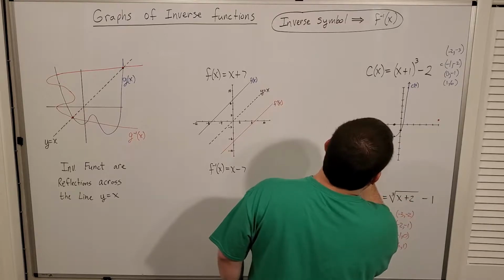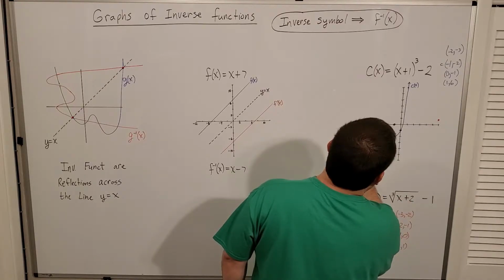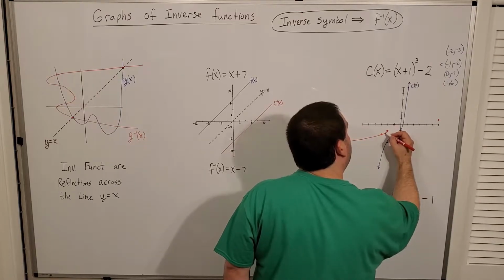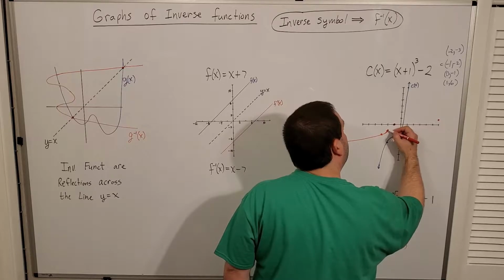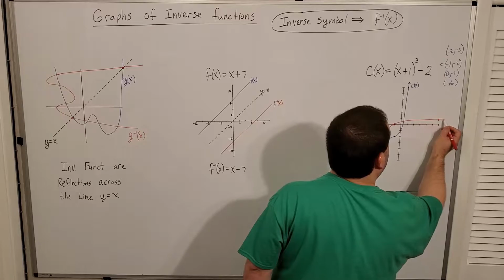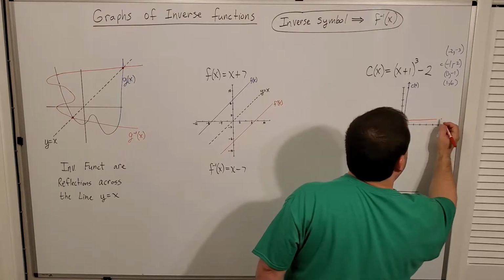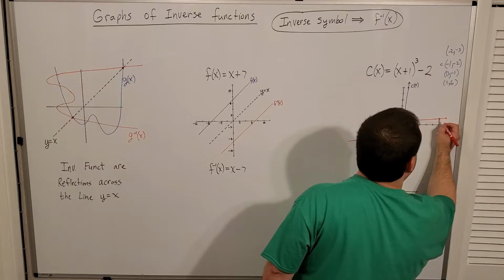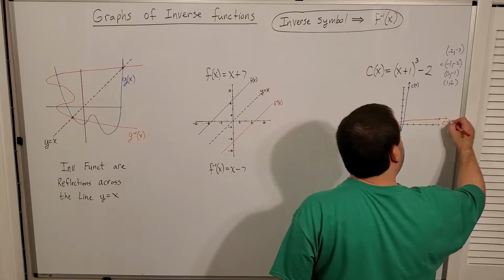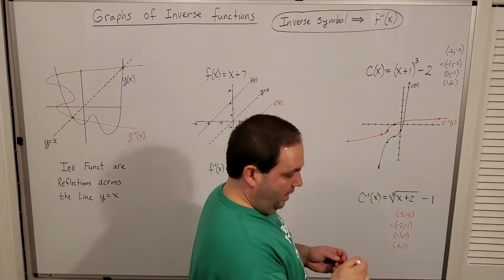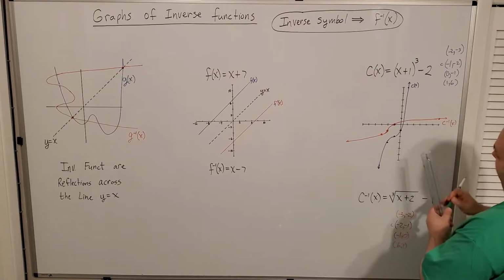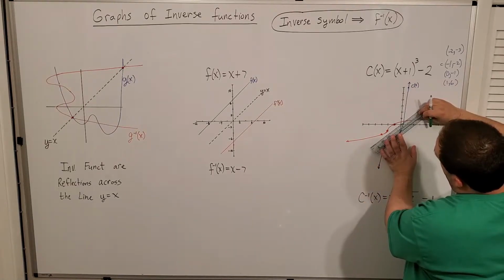Okay, and it's fitting all of these pieces here. So this is the function that's going to be the sideways version of that. It's going to come up through here. It's going to flatten out right here. It's going to totally flatten out for a second. Then it's going to curve back outward again and take off this way, like this. Okay? And this would be c inverse of x. Now notice these are completely symmetric. If I were to draw that line y equals x straight through the middle here,